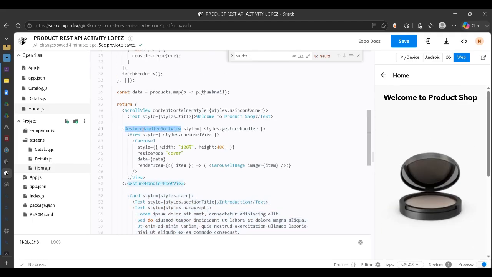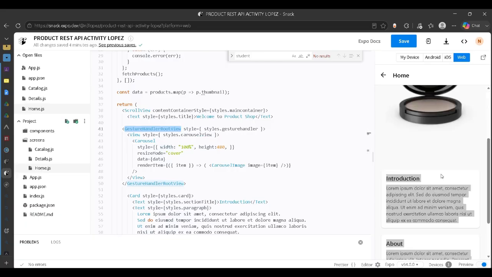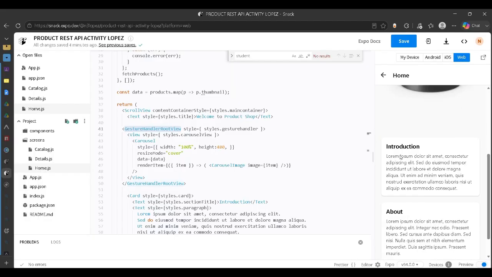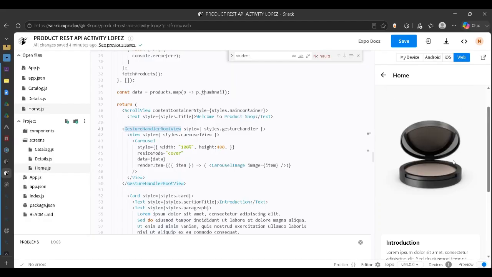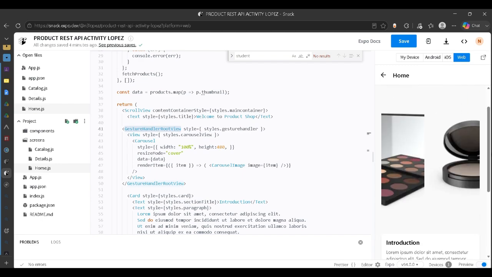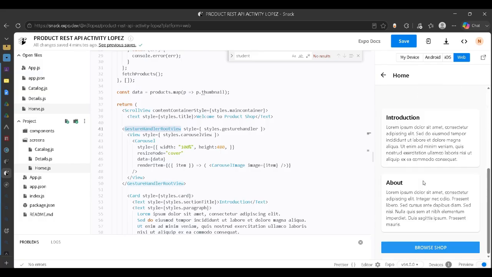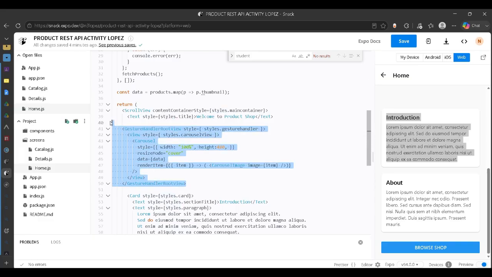So how the carousel works is first we have to import this thing called GestureHandlerRootView. The GestureHandlerRootView is essentially a container. It's like the regular View component. The only difference is that it also handles gestures, so swipes, taps, long presses, stuff like that. That's the reason why we can scroll through this with different swipes, compared to something like a card where all it does is highlight. So this is just for swiping, and then inside it we have a view